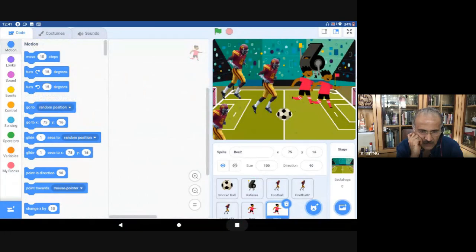Because other sprites are coming, only Jordan is not coming. Sir, it can be that the sprite is there, but it is in a different costume. No, he's adding it in the sprite window only, because the other sprites are coming. Okay, anyway, we will figure it out. Any other questions?